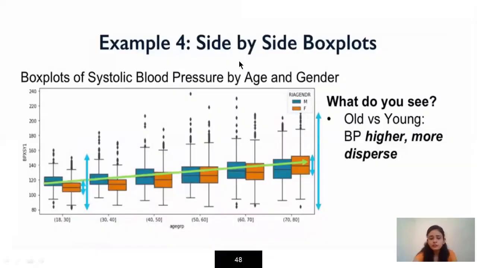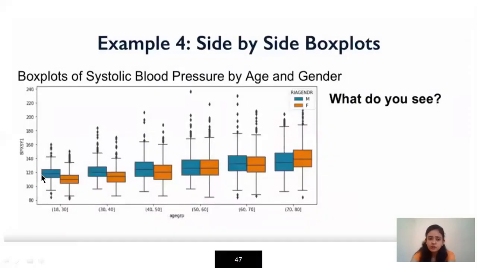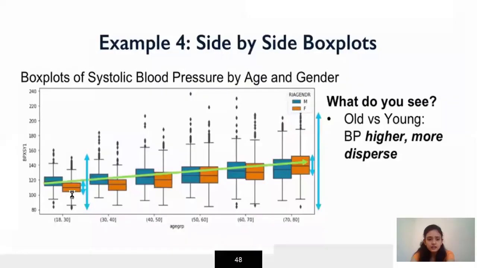From the graph, if you draw a line from this median to this median, you will get a green line like this. So this is how my green line looks. The x-axis shows my age group.